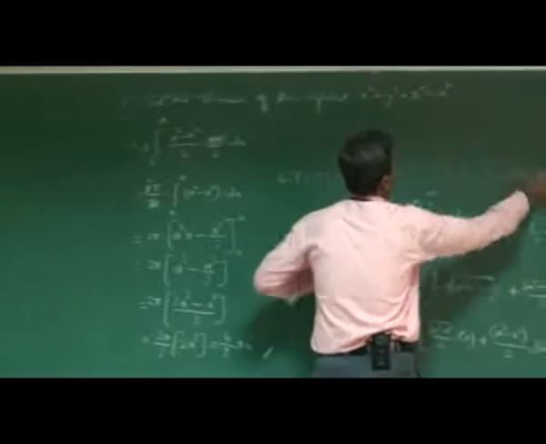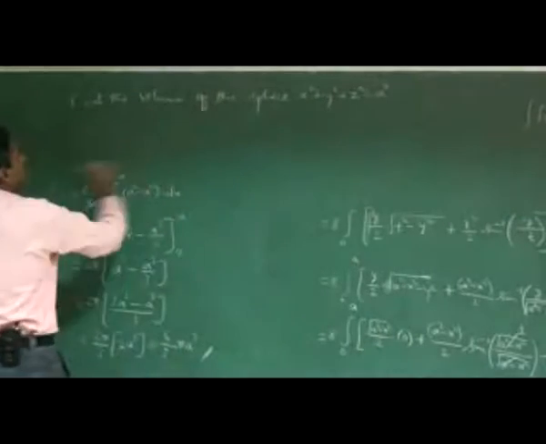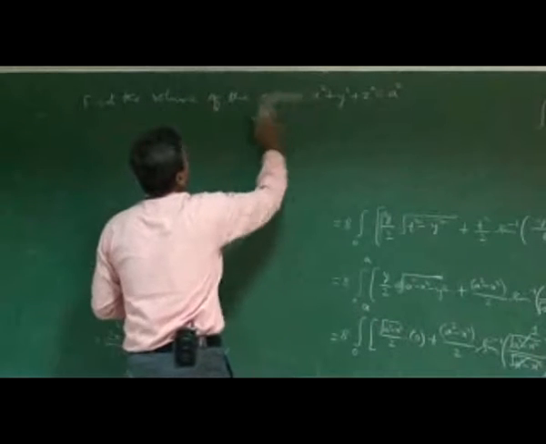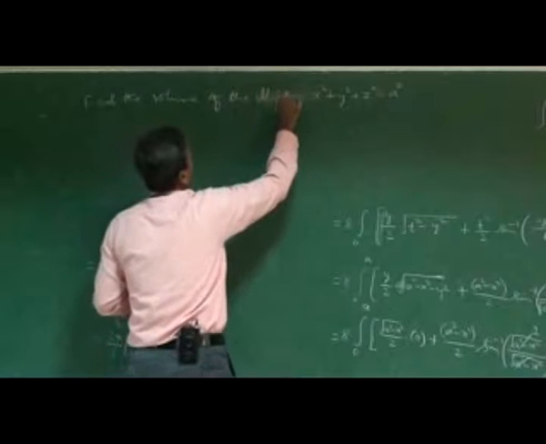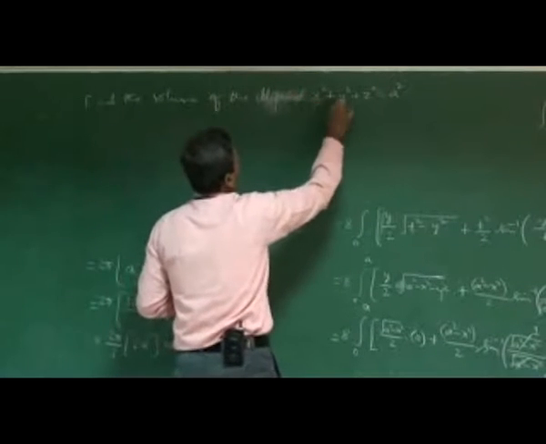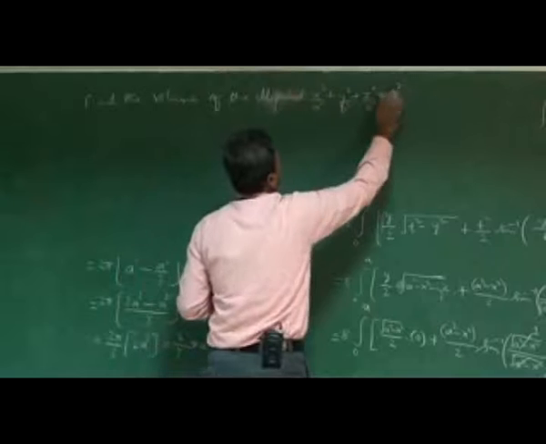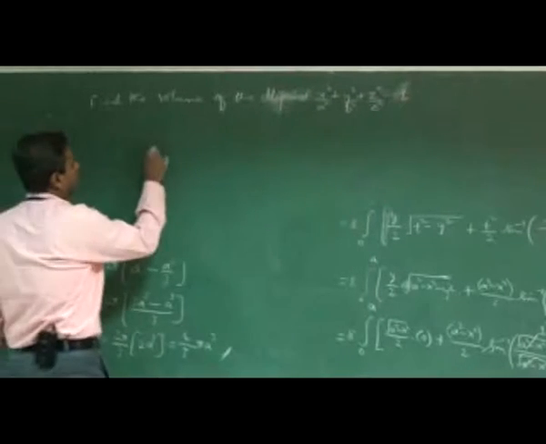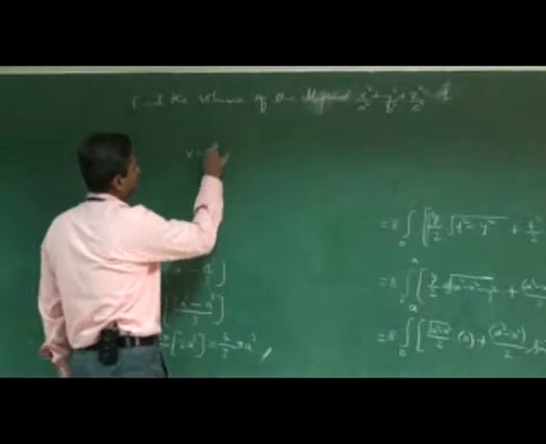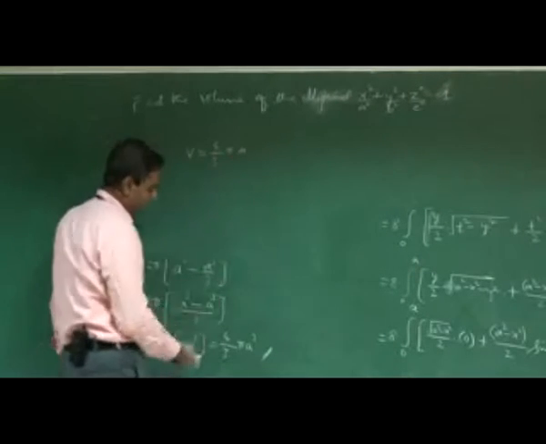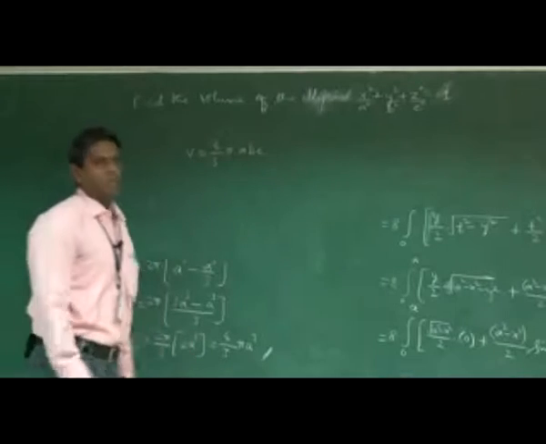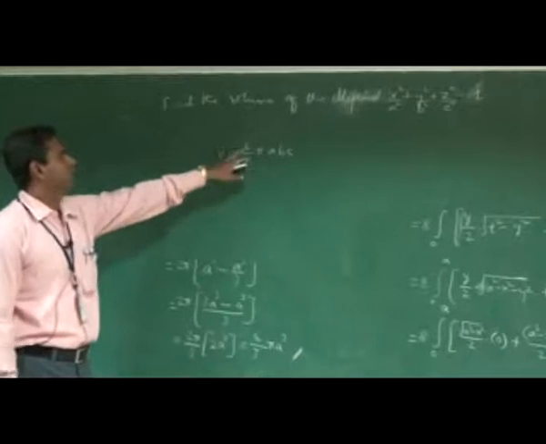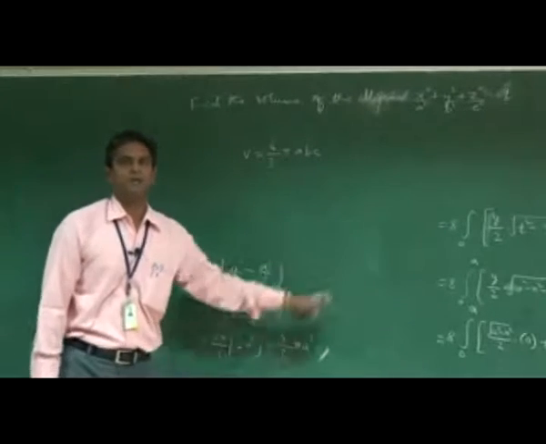Suppose we take the same type of problem: find the volume of the ellipsoid, that is x squared by a squared plus y squared by b squared plus z squared by c squared equal to 1. We have to find the volume of the given case, that is the volume V equal to 4 by 3 pi into, instead of a cube we have got 3 sides, like the multiplication of a, b, c. So we get the volume of the ellipsoid V equal to 4 by 3 pi abc. You will try this problem.